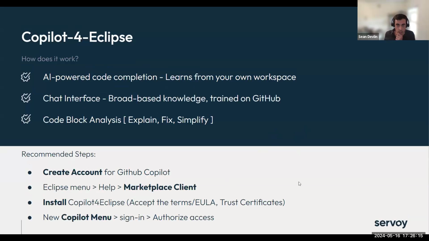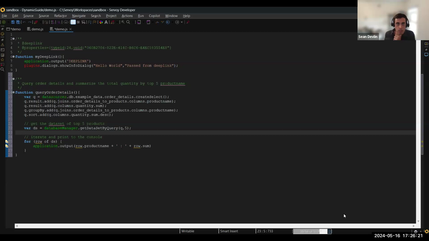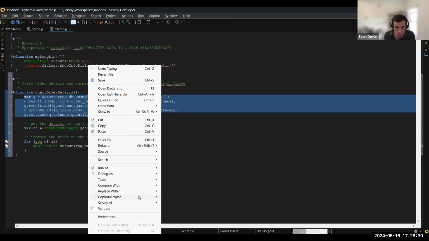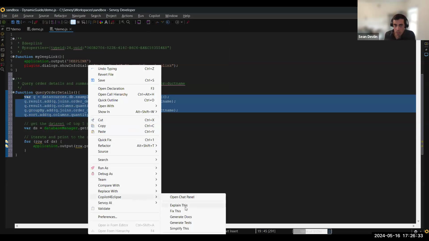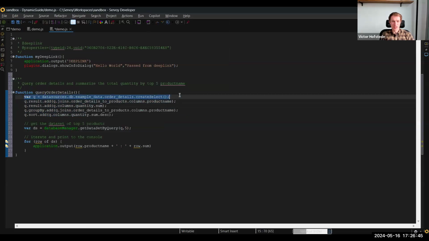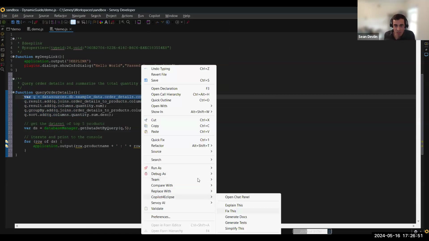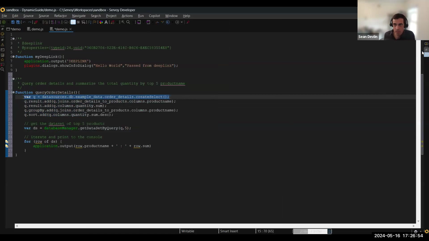Oh, I forgot to show one thing, really important. Sorry. The other thing that's nice, Victor, am I back in the IDE? The other thing that's nice is that I didn't show any of this. You can select a block of text, and then you get a context menu. And you can do explain, fix, generate docs, simplify. So you can let CoPilot explain my coworker's code. Yeah, exactly. Or you can ask for a fix. I was playing around with this where there were things that were wrong, and it should pop up the